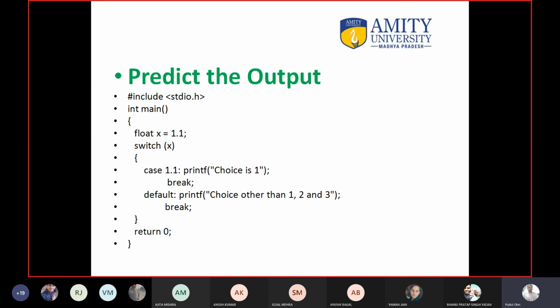Okay, let me tell you, there is error because you cannot use float here. But the thing is, I can write a program and I can show you what is the problem with the float, why it is not written here. So similarly, this is a homework. Tomorrow you have to write a program, or you can give me any demonstration, like show me some code, like this is the problem with the float.